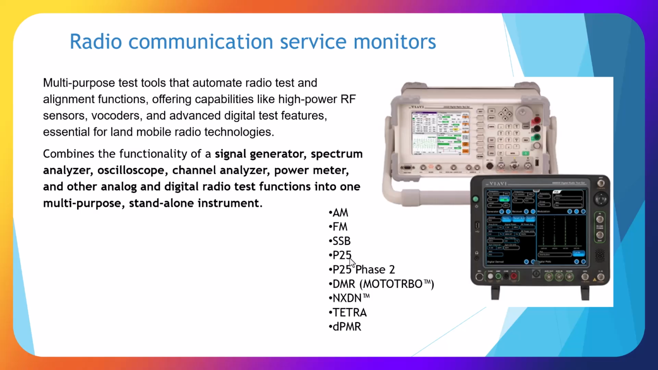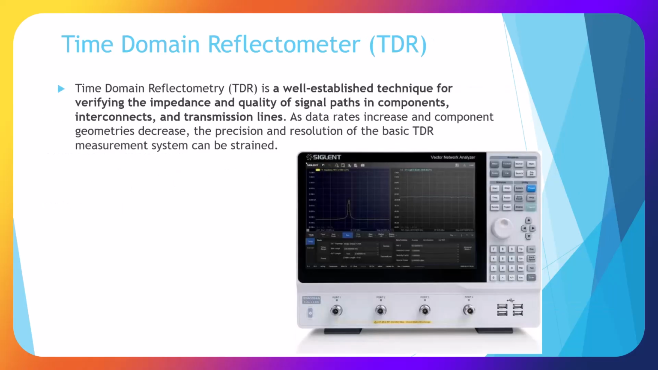digital radio standard. Here I'm showing a time domain reflectometer, TDR. It's using techniques to verify the impedance and the quality of signal paths and components, interconnects, and transmission lines. And it works with both optical fiber and copper, and it's a very handy tool for troubleshooting and measuring